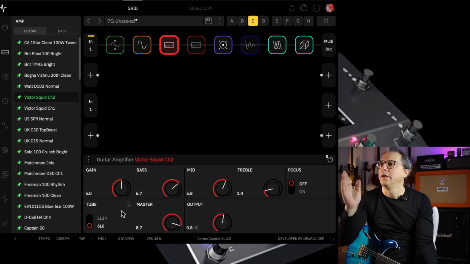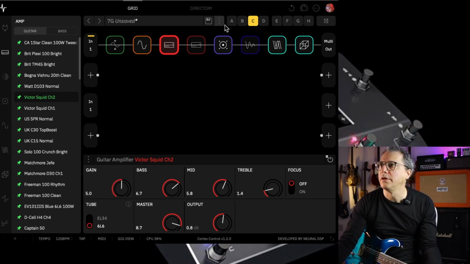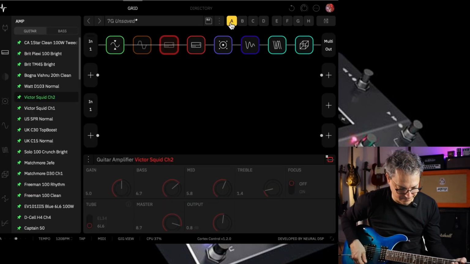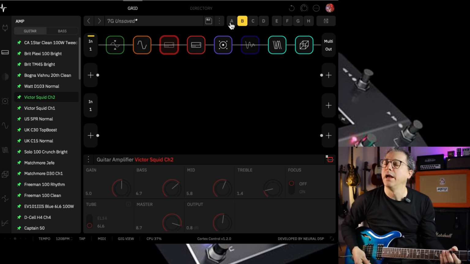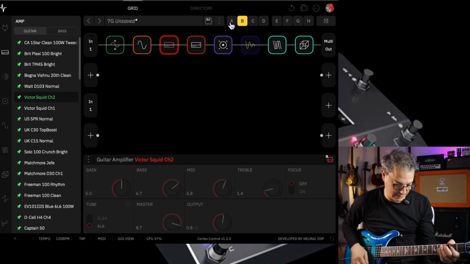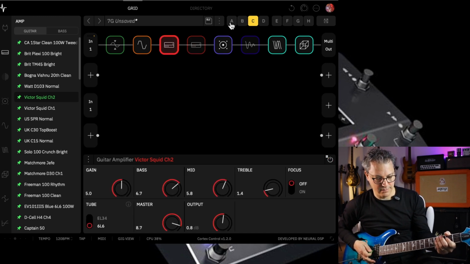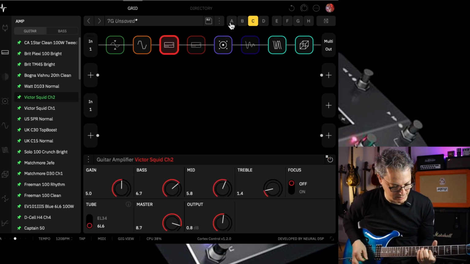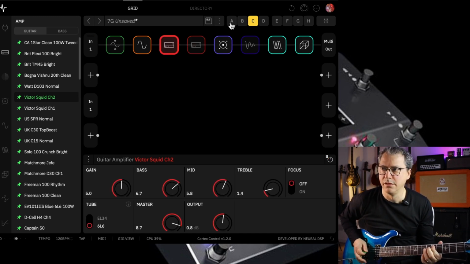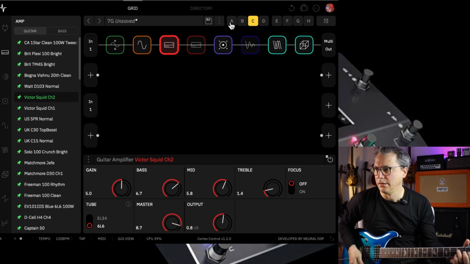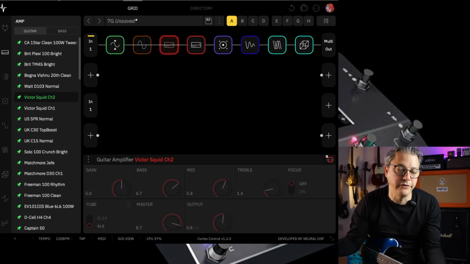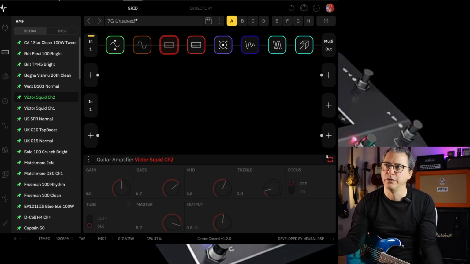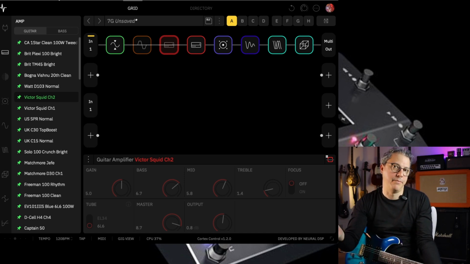Okay, in this way, now you have clean sound here. Crunch on the second scene. And you can do the same for 8 different scenes, 8 different sounds, also with different amp if you want, like